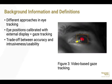If eye positions are calibrated with respect to an external display, then the process is called gaze tracking. There are many types of eye tracking techniques, with the main trade-off between temporal and spatial accuracy versus intrusiveness and usability. Traditionally, eye tracking techniques require either a head-mounted device or electrodes attached to the subject's face. One such example is the